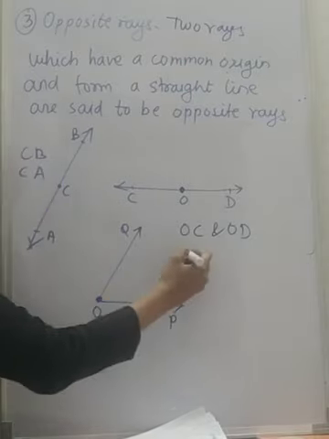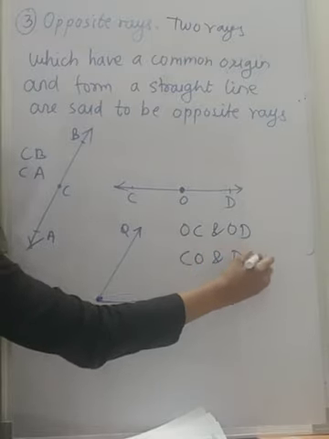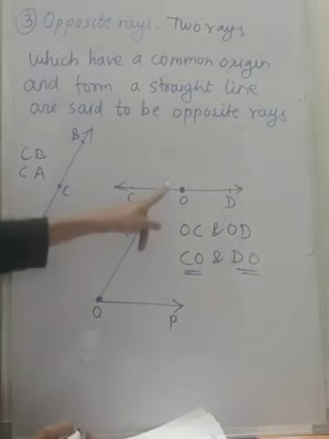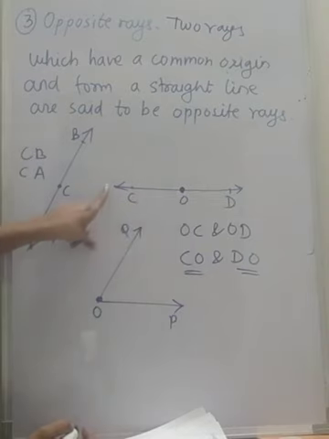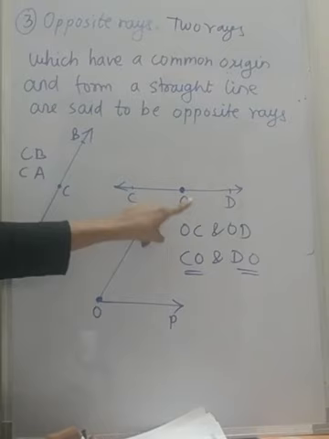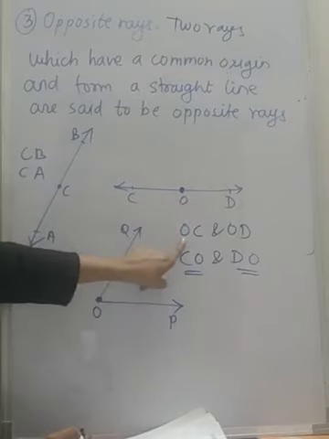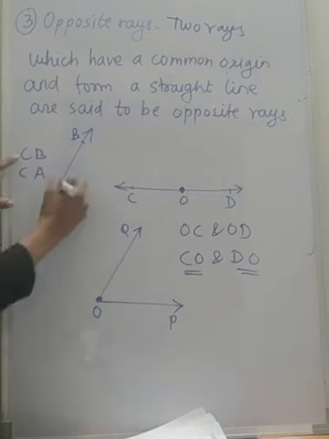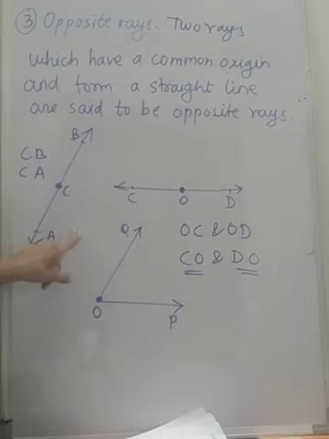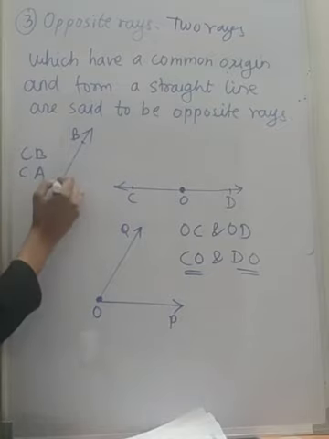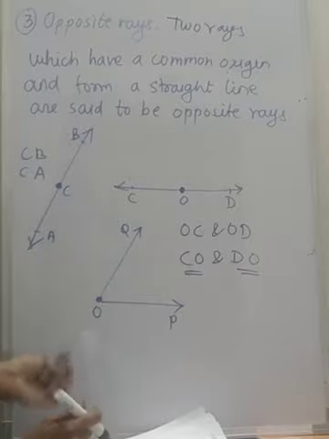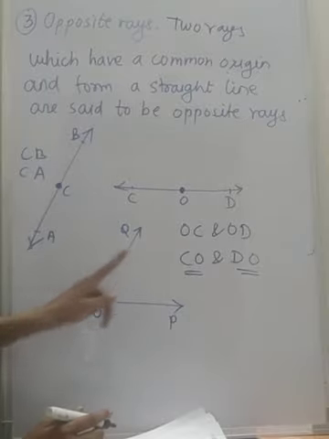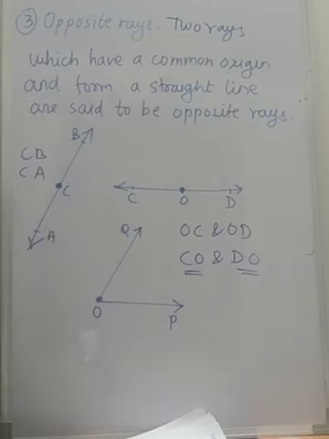You cannot write it like CO and DO, because a ray will start from O to C. A ray cannot start from C to A. You have to take the origin first, OC. Here also you cannot write AC, because the ray starts from C. Just write this and make it clear, because in the exam the options will be given reversed, so you need to pay attention to the origin first and then name it properly. Pause the video and write this down.